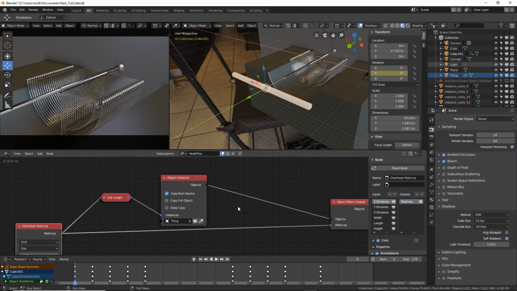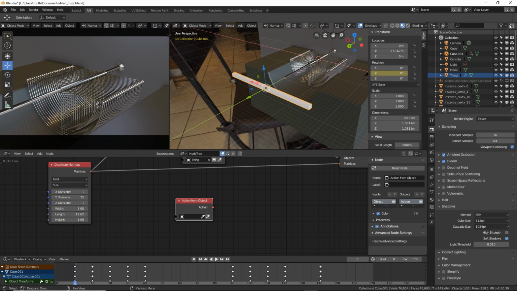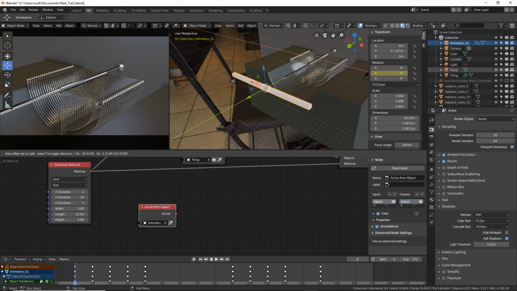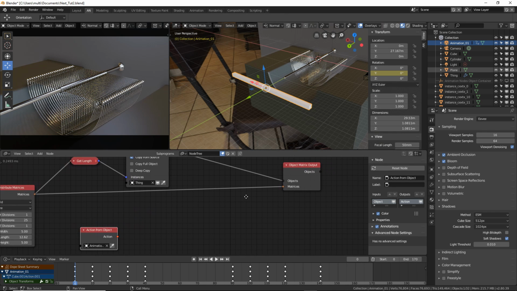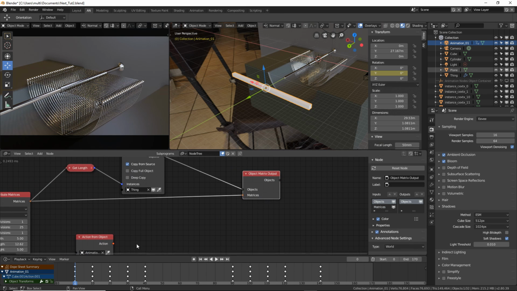All right, now let's create an action from object, and we select our cube. I'm going to rename this to animation 1. Okay, now what we can do is apply this to all the objects we have here.